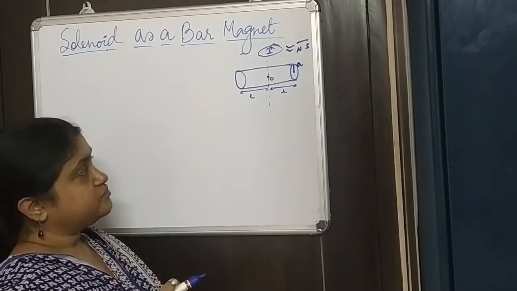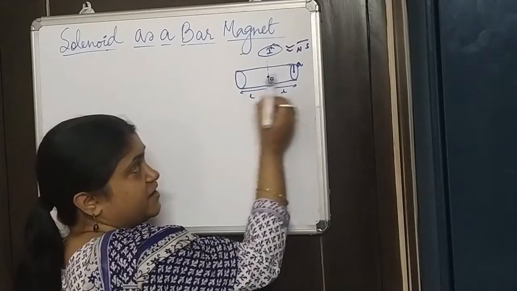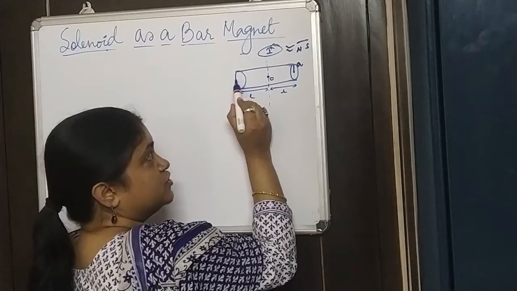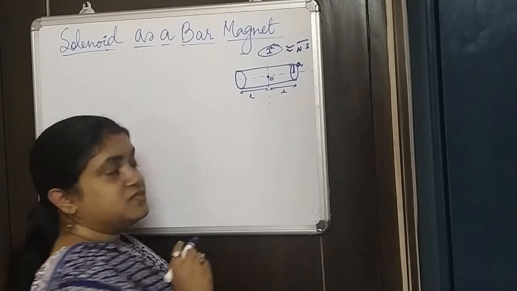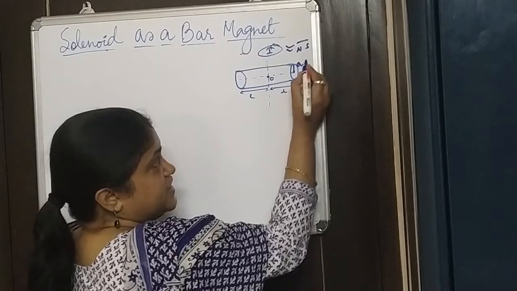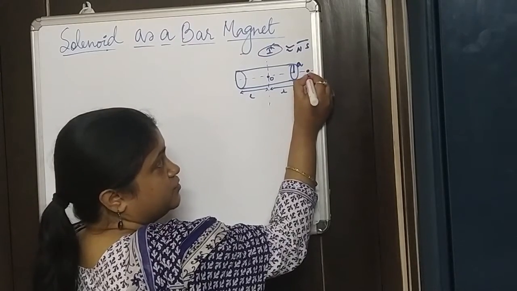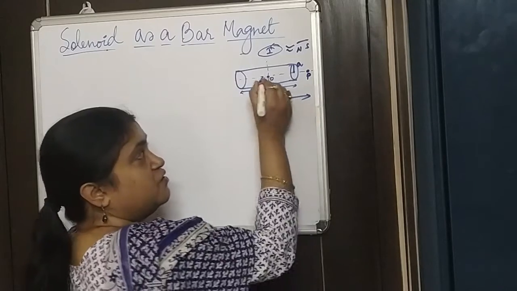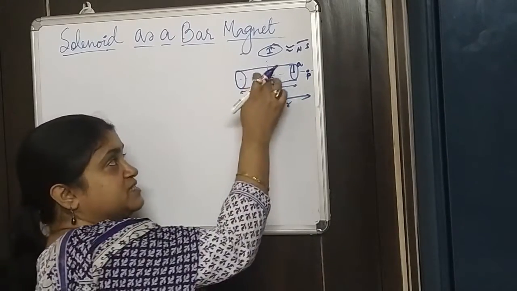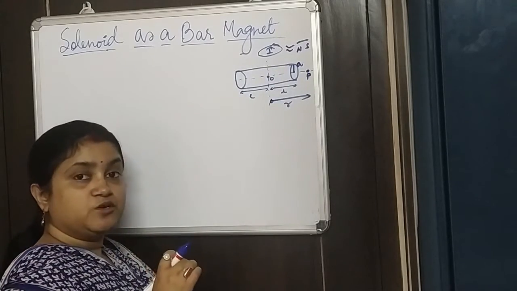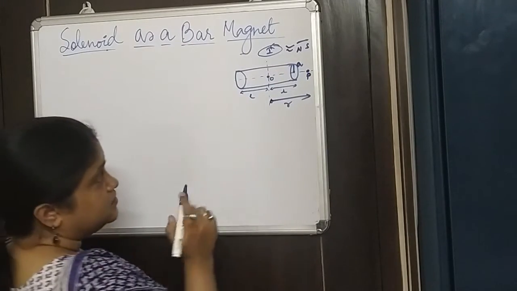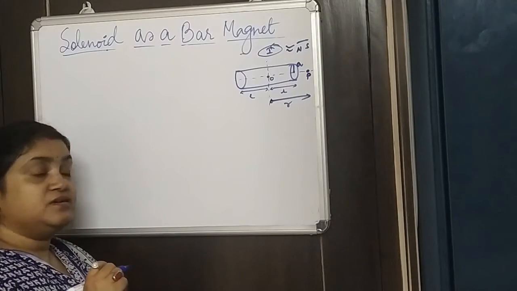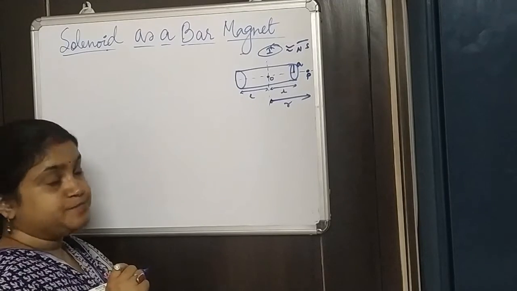That we already know. So if I have to find the magnetic field B on its axis, first let us see what the axis is. This is the axis of this solenoid, and on this axis, suppose I have this particular point P, at a distance r from its center. So from its center at a distance r, we select a point P, and then we have to calculate the magnetic field B at this point.